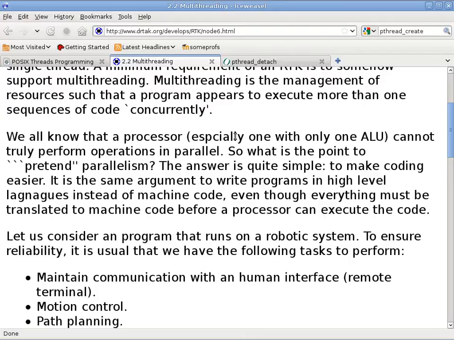Okay, so multi-threading. There's not much for a kernel to do if a program only executes as a single thread. A minimum amount of a real-time kernel is somehow to support multi-threading. And we all know a processor, especially the cheaper processors that we use on a micromouse robot, only has one single ALU. Now this is not true for Intel processors, because Intel processors definitely have multiple ALUs, and the hyper-threading hardware actually supports multiple threading on the hardware. Is that true? Hyper-threading is the mechanism